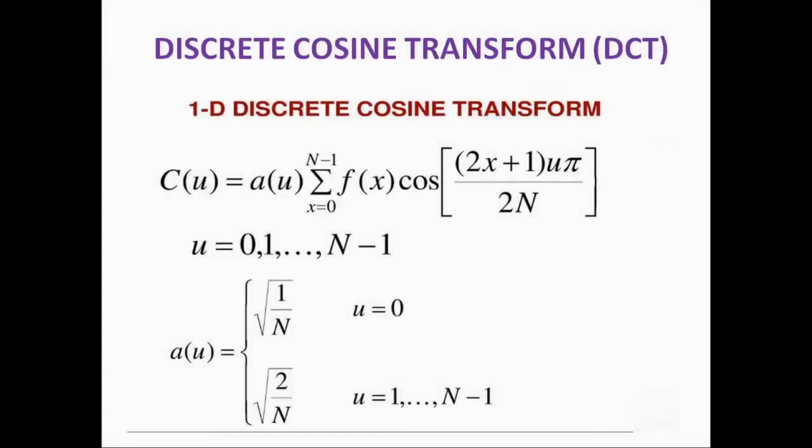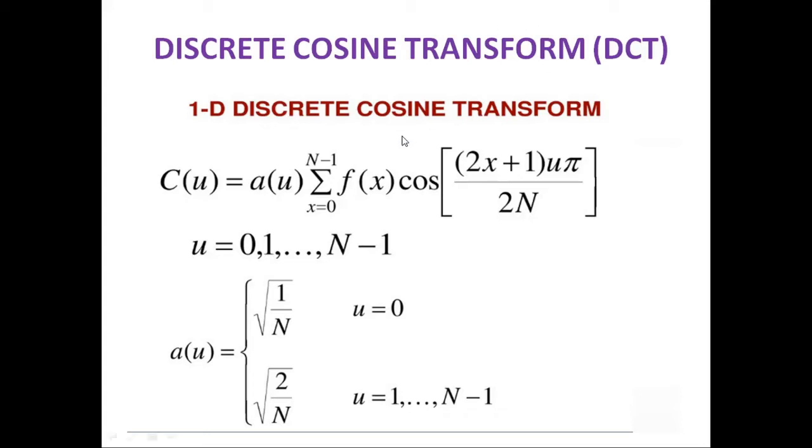DCT stands for discrete cosine transform. DCT expresses a signal in terms of a sum of cosine functions. During the last few years, DCT has been used in a number of applications in signal and image processing. It has been used particularly for data compression, speech coding, image watermarking, telecommunications, digital data, and a wide variety of applications in science and engineering. DCT is a Fourier related transform, very much similar to DFT. It uses real numbers since the cosine function is a real function. DCT transforms a time domain signal into transform coefficients.